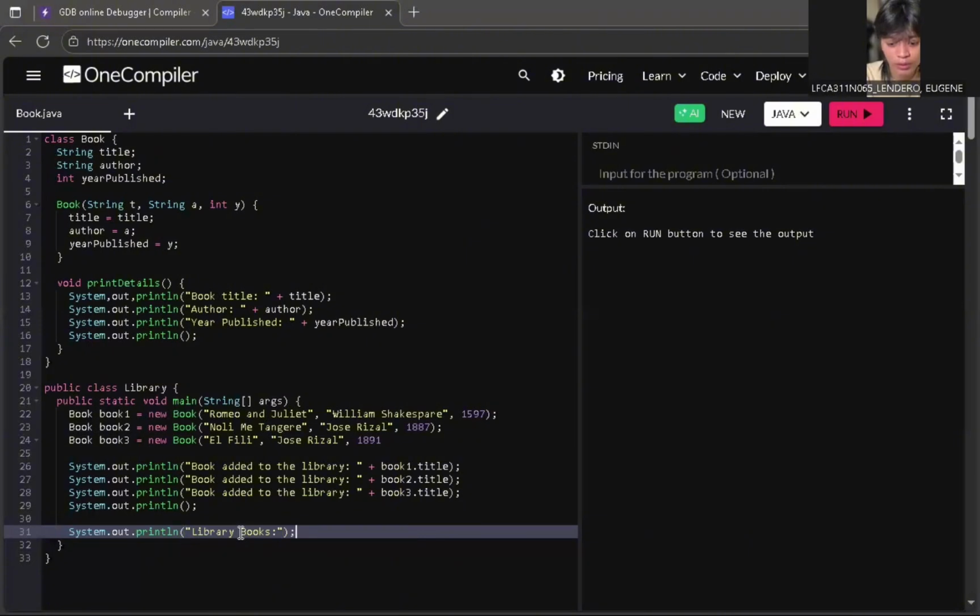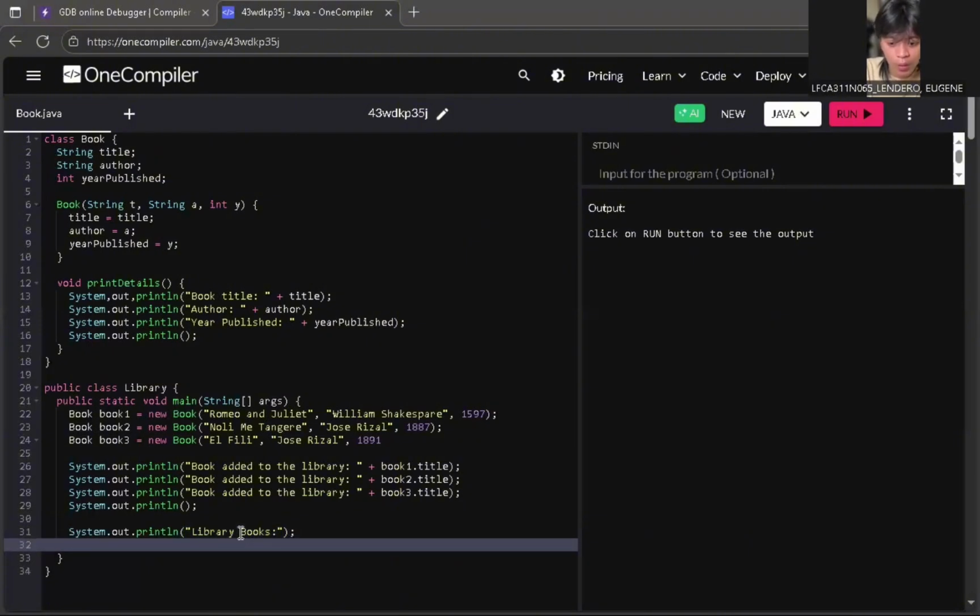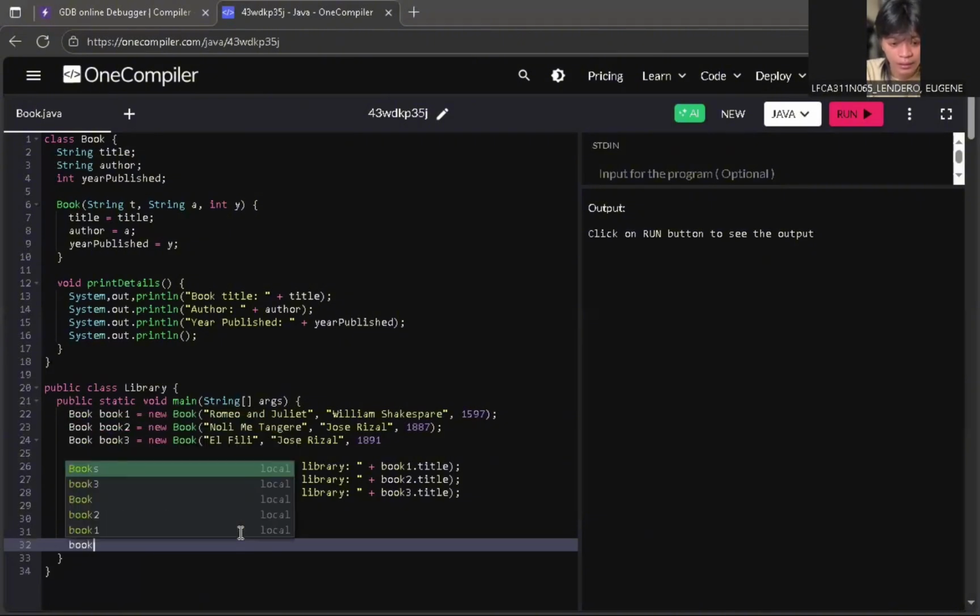Then here we have to declare printDetails to be printed successfully. We have to type book1.printDetails, leave it blank, semicolon.